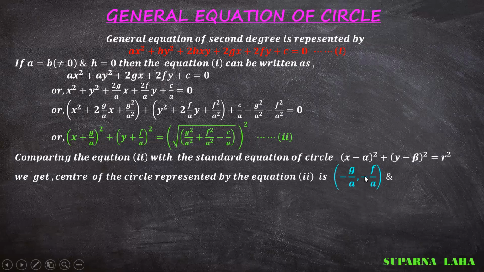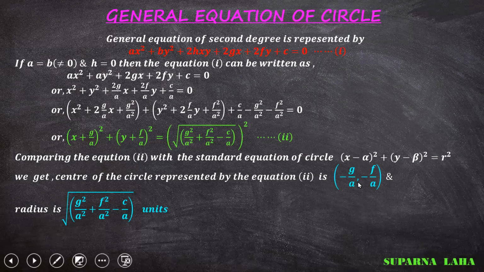So the center is (α, β) = (−g/a, −f/a), and the radius will be the square root of g²/a² + f²/a² − c/a. Not plus, it is minus c/a, and all of it is under the root. Now if we put a equal to 1, just put the value of a equal to 1. So this